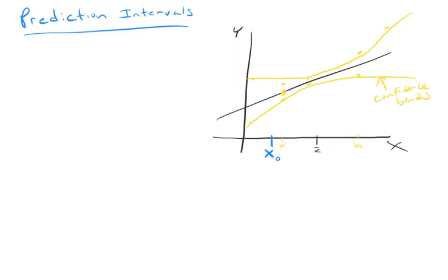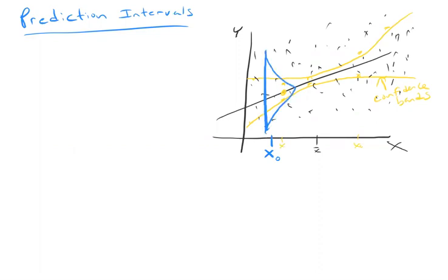So here's the way to think about it. We have this line, but of course we know that the data, these are the actual data points, the data points vary around the line, right? That's what the linear regression model says, that the points are equal to the line plus some random noise. And so what I'm trying to do now is not make a confidence interval for the mean of y given x, but rather make a prediction interval that covers the entire range, or 95% of the range of values of y that we'd see for a particular value of x.